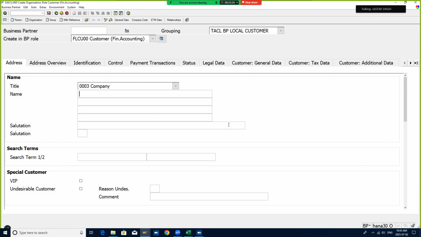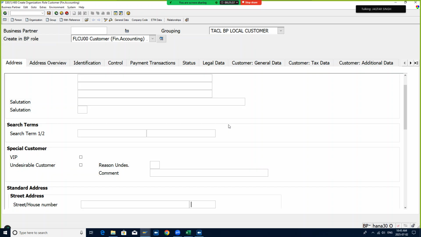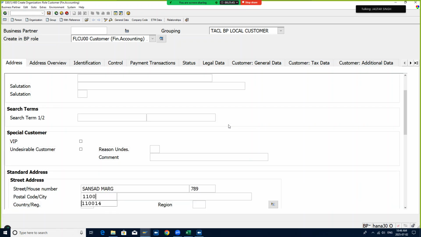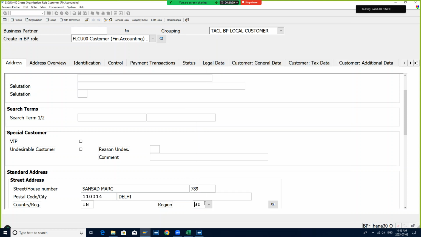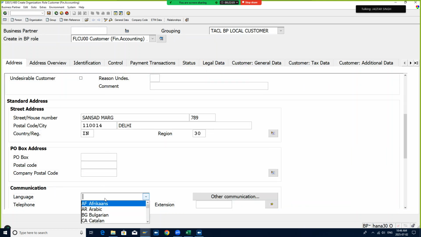company, let me create it Tesla India Limited, and street number is Sansad Marg 789110014, Delhi, country is IN, region is Delhi, and go back, language should be EN, enter,